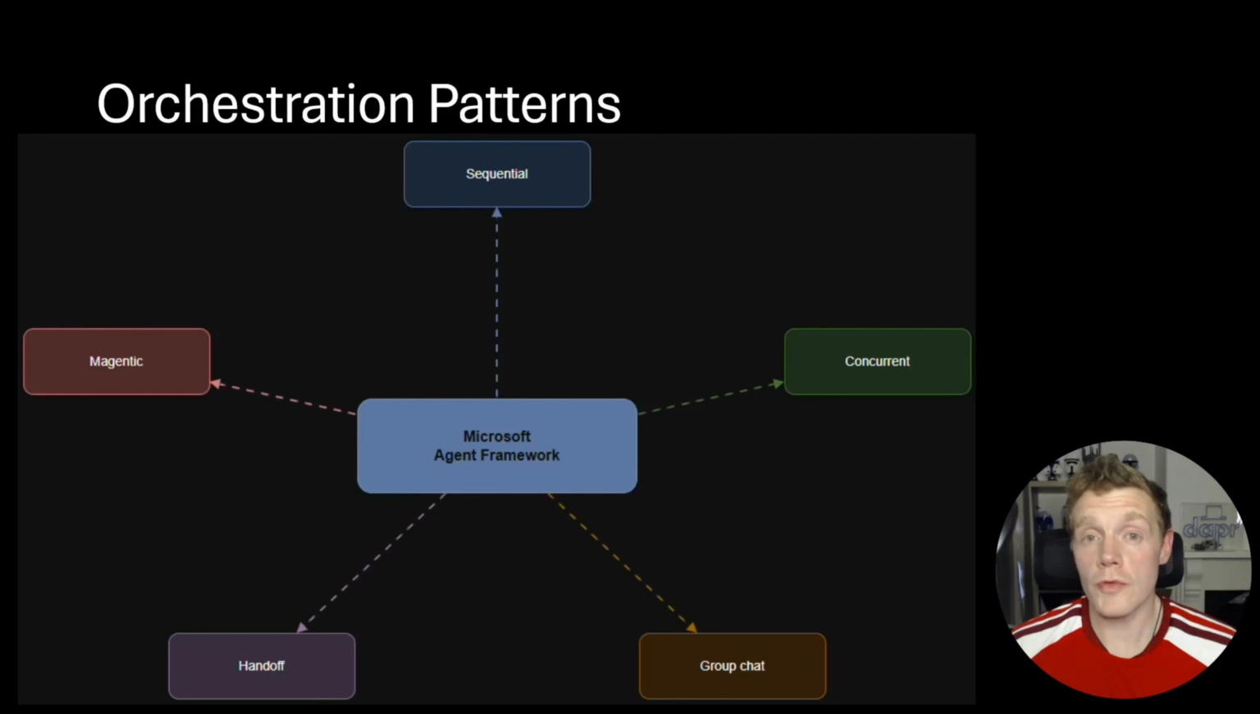The Microsoft Agent Framework comes with 5 different patterns to help with multi-agent orchestration. By the end of this video, you'll know which one to use for which scenario. I'll walk through the 5 orchestration patterns that the Microsoft Agent Framework provides: Sequential, Concurrent, Group Chat, Handoff, and Magentic. For each one, we'll talk about what it does, when you should use it, and how you can create the